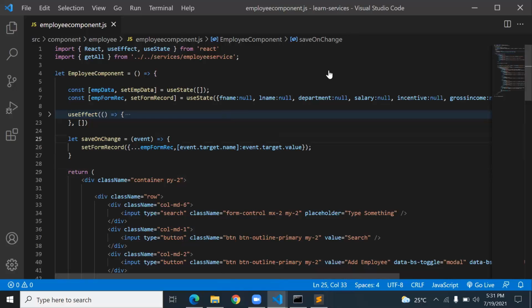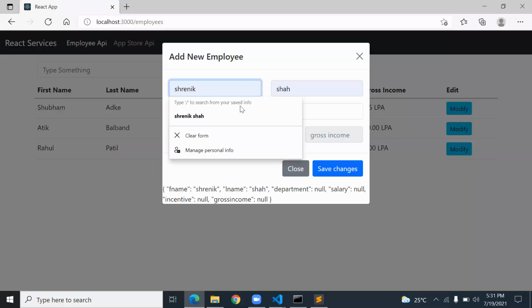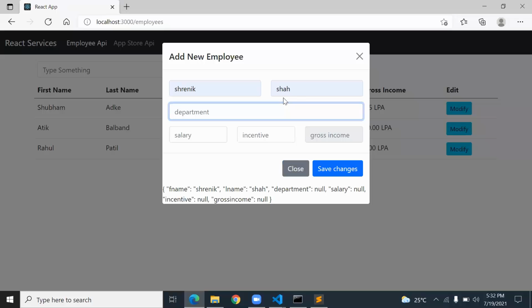Now on the form I'm clicking, and if I type some details, let's suppose some detail, and ABC department with salary 8,000. As I type salary or change something in the incentive, I want to find the gross income here. Because it is disabled, I cannot type anything manually.